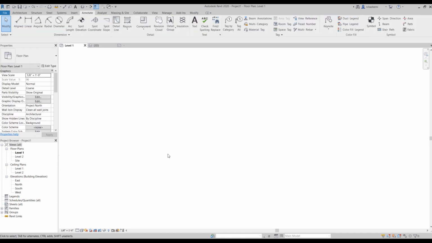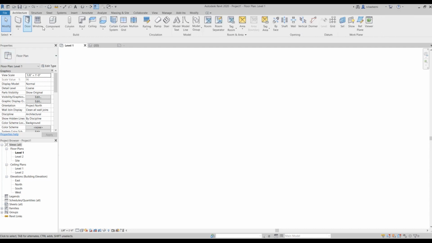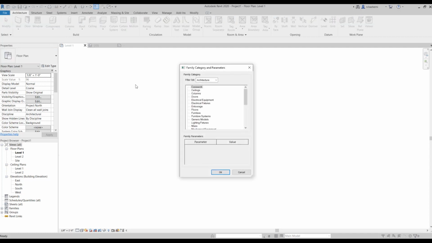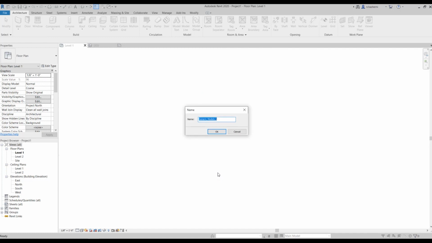Okay, so for this chapter, you are going to create a custom countertop using this method. But right now, I'm going to just show you some basic tips. So I'm going to start with a very basic square to show you how that works. So go to Architecture tab, Component, and Model in Place. Now, you should determine which category your model belongs to. So is it a casework, ceiling, or what? So I'm going to select generic models right now, okay? And then you can specify a name for it.